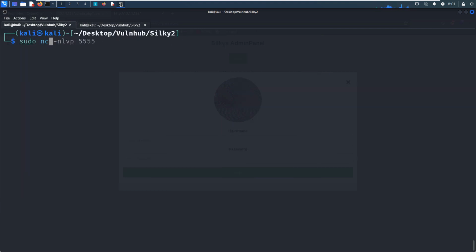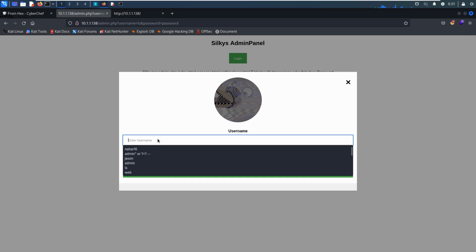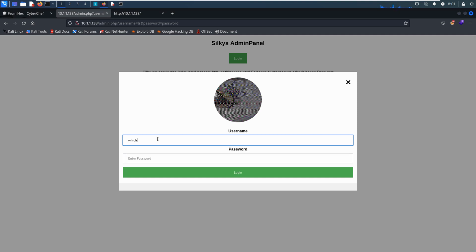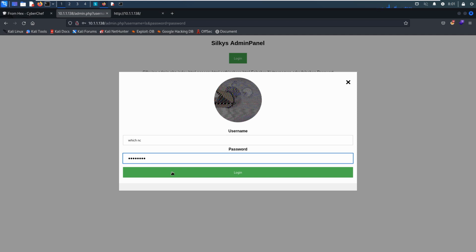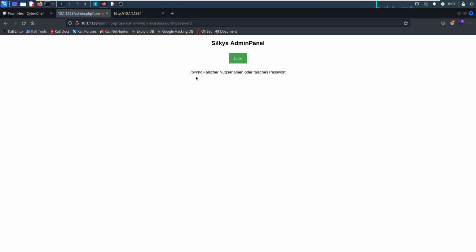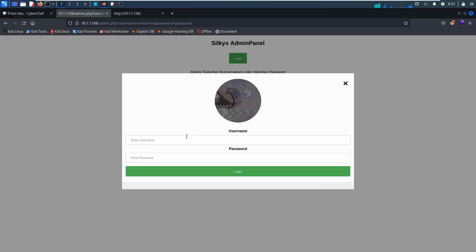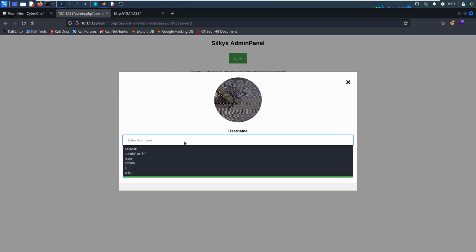Before we do that, we can set up the listener on Kali Linux first, and then go back and check whether netcat is there. Netcat is there. So now we can use what I think is the easiest reverse shell command to run.